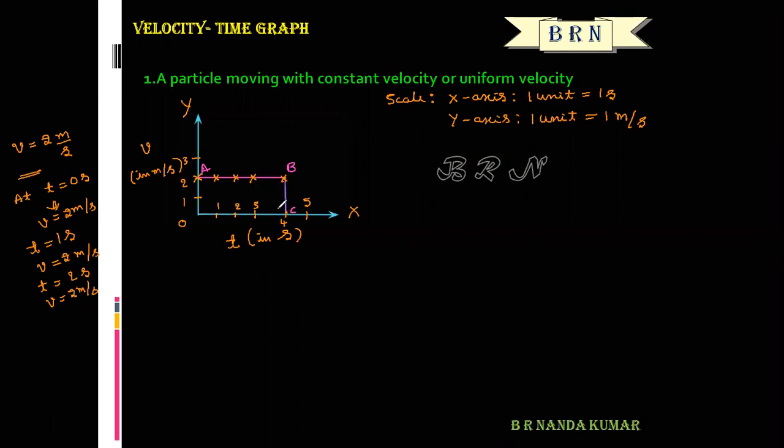So here we have to show that the area under the velocity time graph gives displacement. Okay, so the area of this graph, that is the area